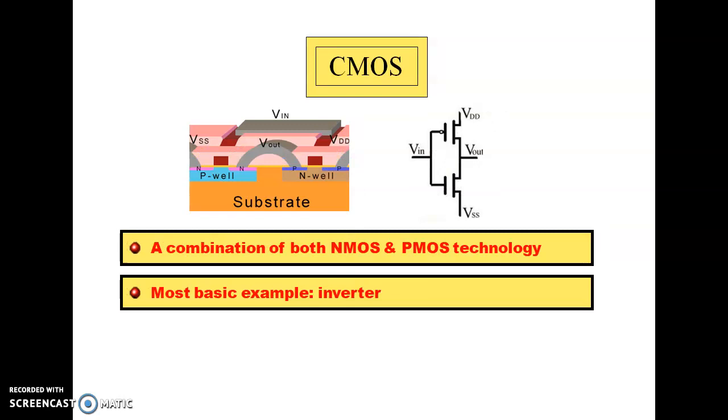Coming to the CMOS, on the pull up we have a PMOS and on the pull down we have an NMOS. In order to fabricate the CMOS, we need to fabricate both PMOS and NMOS, and make this connection. Gates of both transistors are connected and we apply the input there, both drains are joined to take the output, the source of PMOS should be connected to VDD, and the source of NMOS should be connected to VSS. So this is the CMOS.